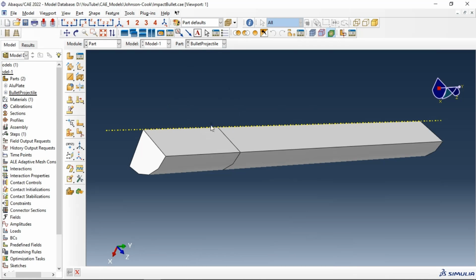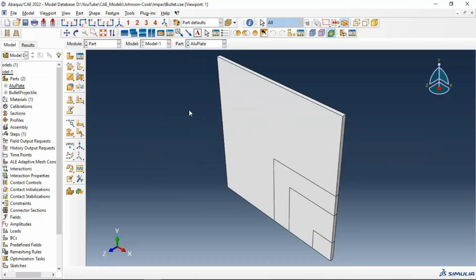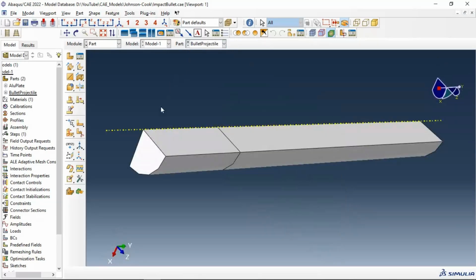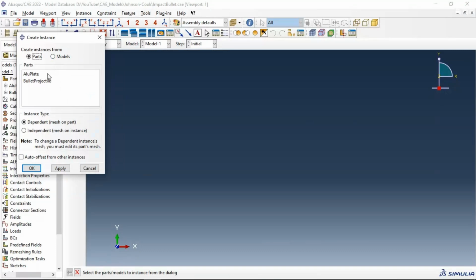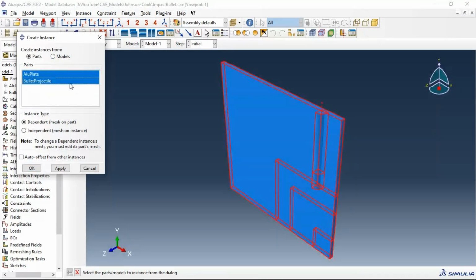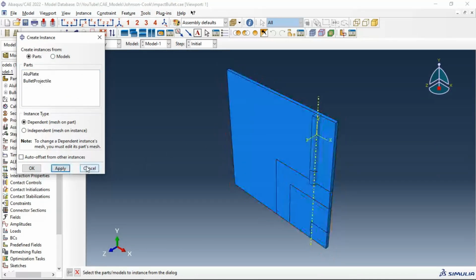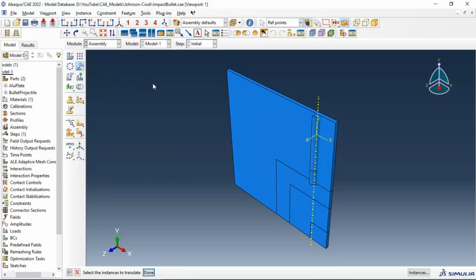In our model we have all necessary parts. The first part is the projectile, and the second part is the plate, an aluminum plate, with all necessary partitions, and we also have the projectile with all necessary partitions. Now, depending on your problem and your geometry of plate and projectile, you can use your own parts. Now let's go to assembly first and let's rotate the projectile in the right direction